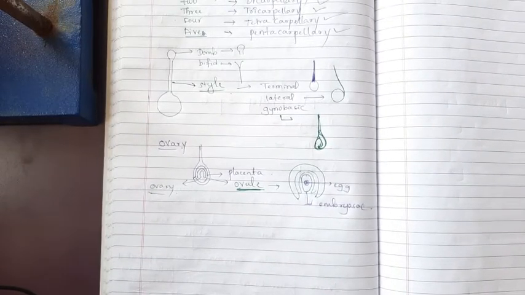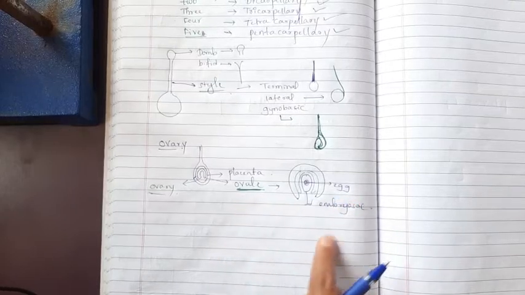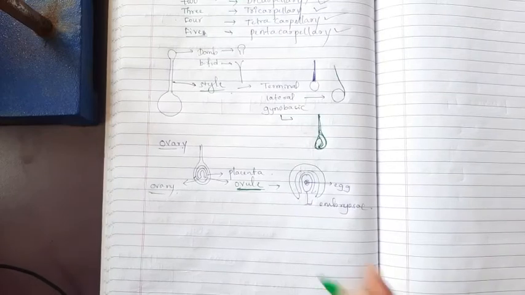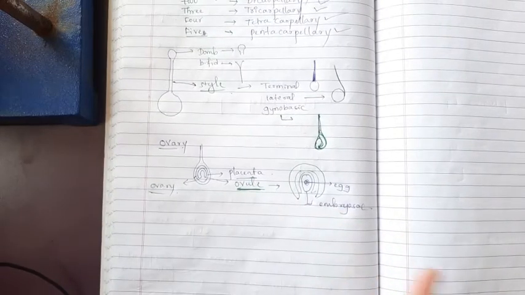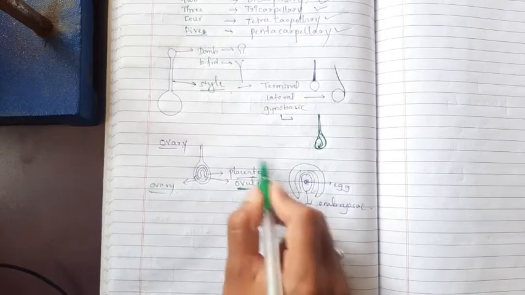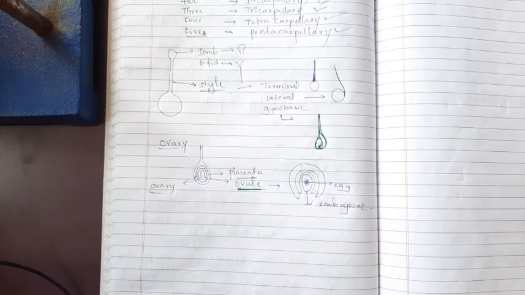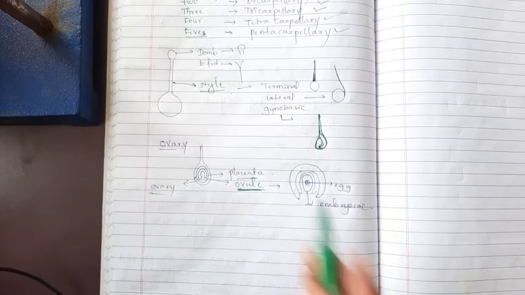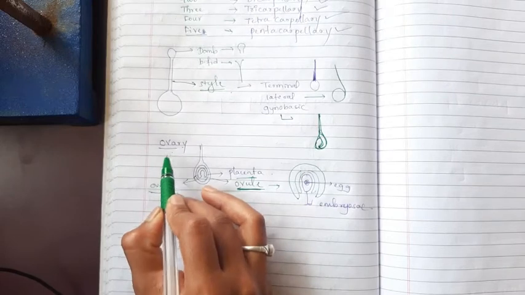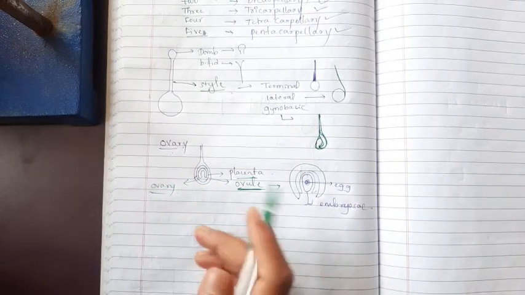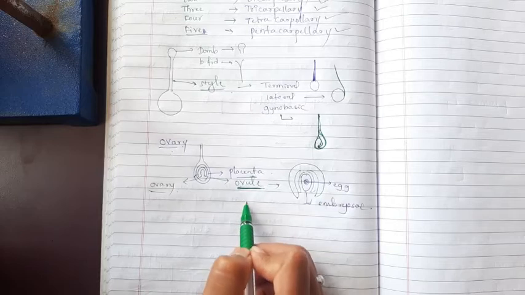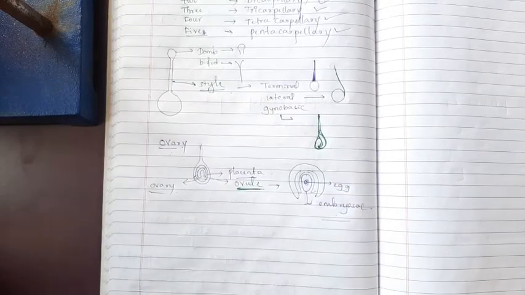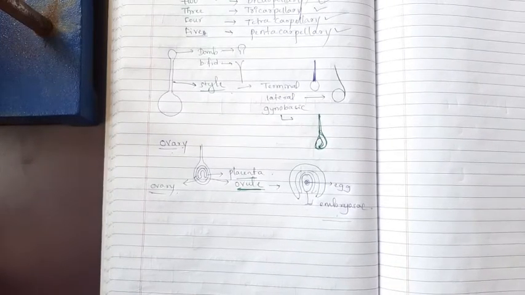Inside the ovule, inside that embryo sac, the egg is developed. That is the female gamete. Based on the arrangement of ovules inside the ovary, we have different types of placentation that we will discuss in the next section. Here you have to just remember the ovary is the basal portion of the pistil. Inside that ovary, ovule is present. Inside that ovule, embryo sac is present. Inside that embryo sac, the female gamete is present, known as the egg.